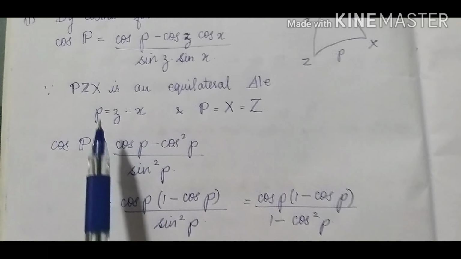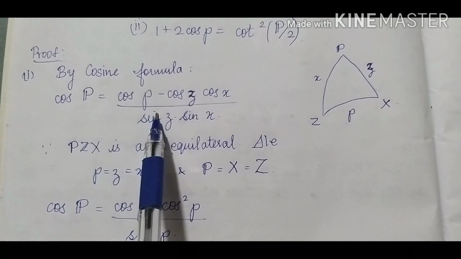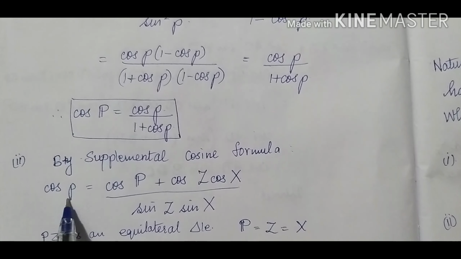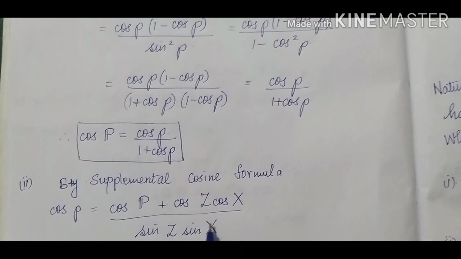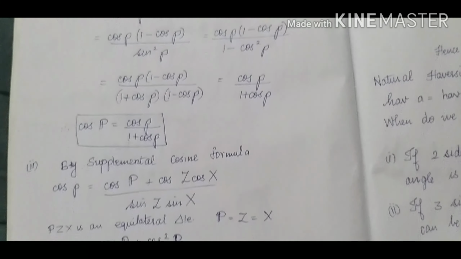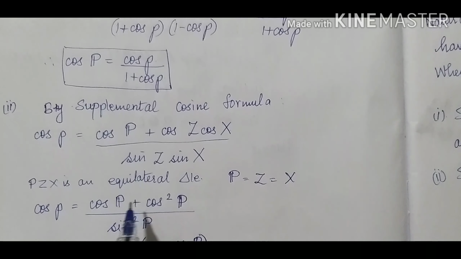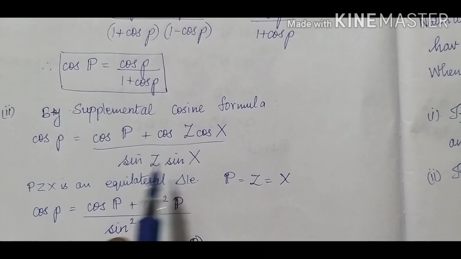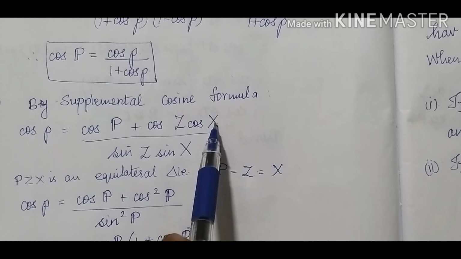You can see here that in the cosine formula, the left hand side consisted of an angle and the right hand side was full of sides. But in the supplemental cosine formula, the left hand side has a side and the right hand side is full of angles, and the difference is here we have a plus sign, there we have a minus sign. So this is a minor difference, and you can see here that again I am applying the property of the equilateral spherical triangle. All the angles are equal, so the right hand side becomes cos P, with Z equals X equals P.